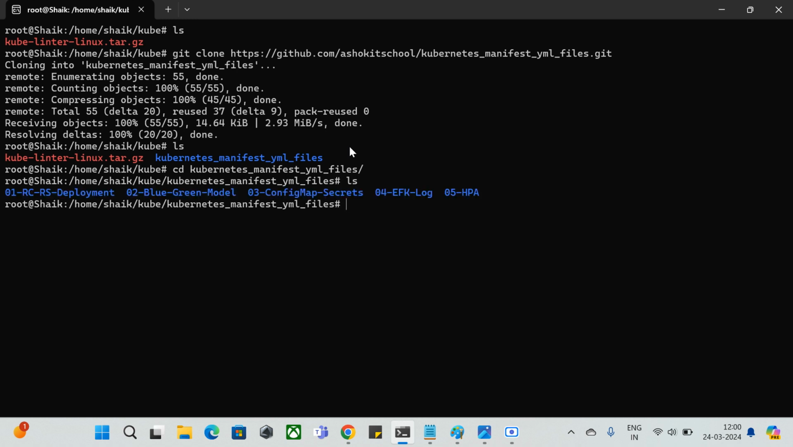If I go into the Kubernetes manifest files, we have a bunch of folders available. Since our main agenda is to scan our Kubernetes manifest file with KubeLinter, KubeLinter is going to tell us whether we have not been following a few best practices, or whether any security misconfigurations have been added into our manifest file. For that reason, we need to scan our manifest file or folders